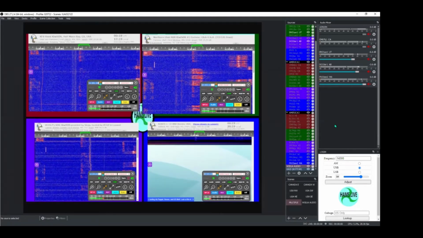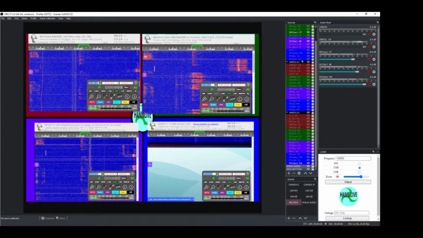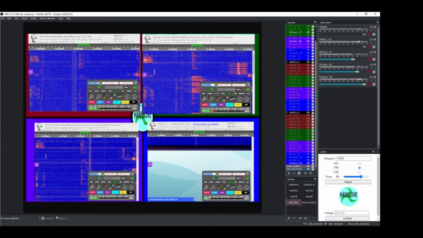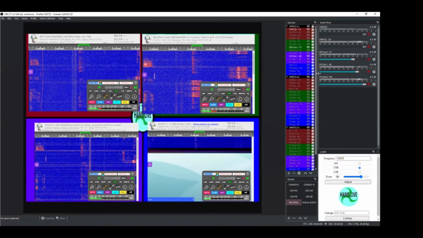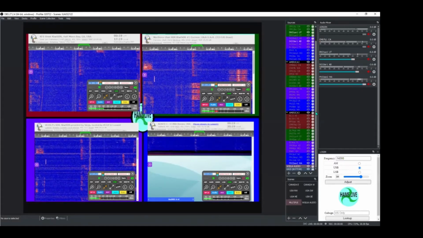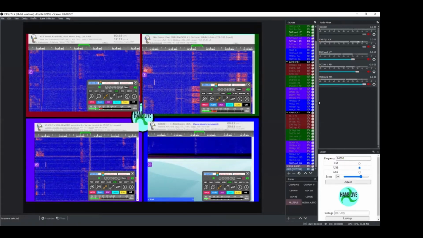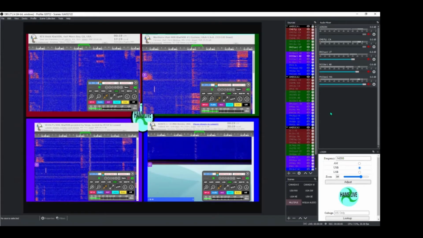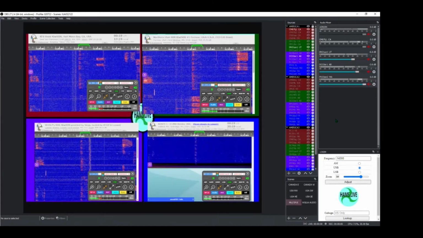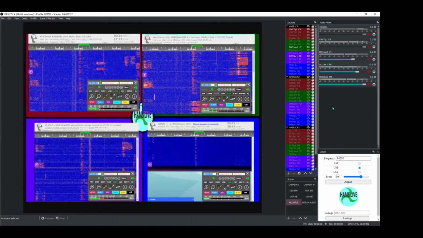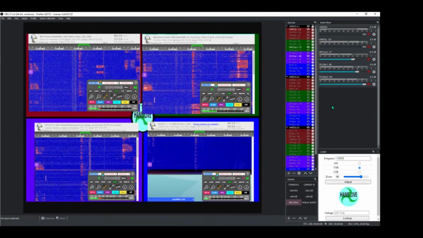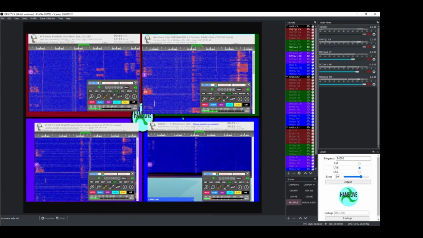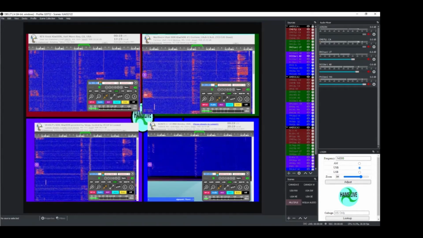So you can easily change SDRs. This particular scene has over 50 of them to choose from, and this is really good for a lot of different things. You can obviously see this puts a whole new